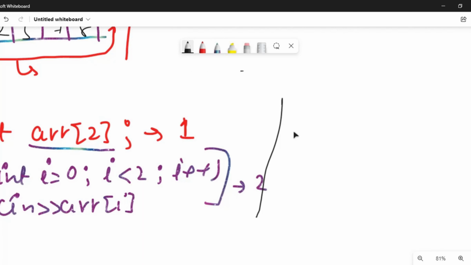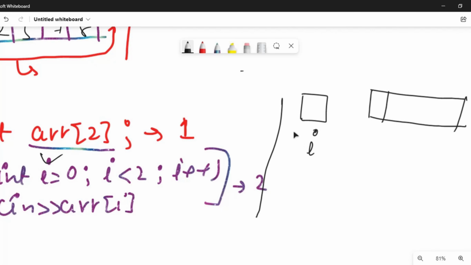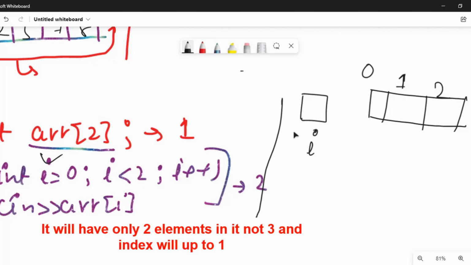For example, I have defined here a variable i, as you can see, that is called the iterative variable, and then we have the array elements, that is 3: first is 0, then 1, then 2. Now what is happening?